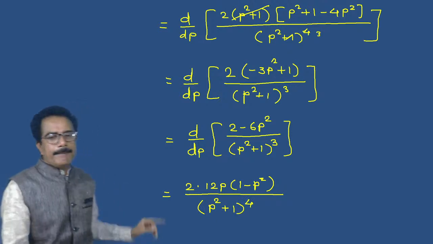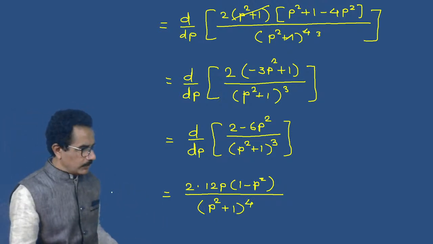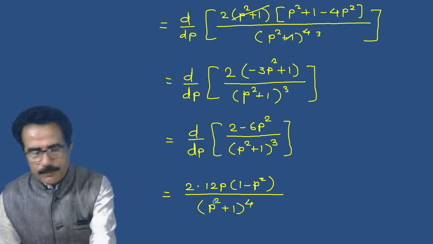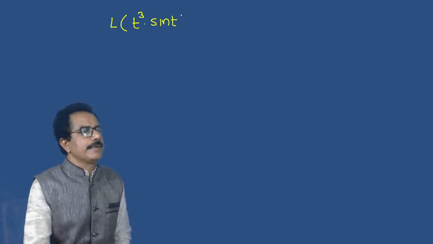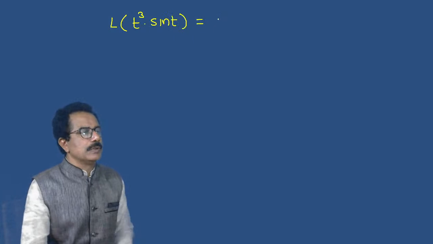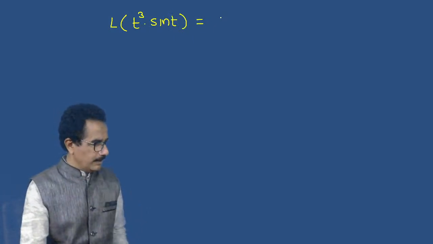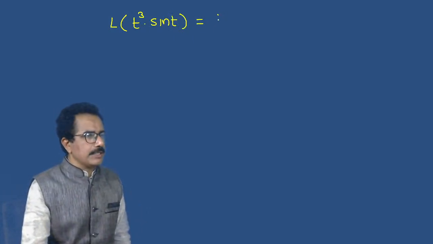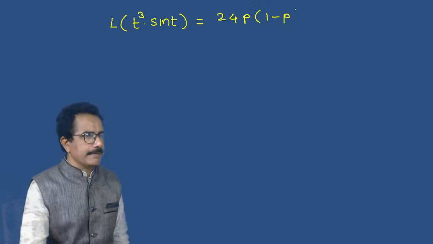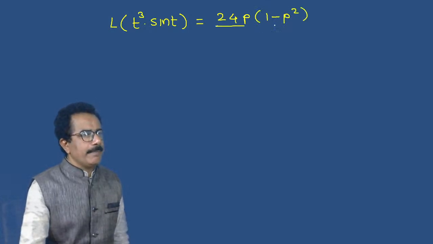This is the Laplace transformation. 2 into 12 means 24. So we will get Laplace transformation of t raised to 3 into sin t, which is equal to 24p into (1 minus p square) divided by